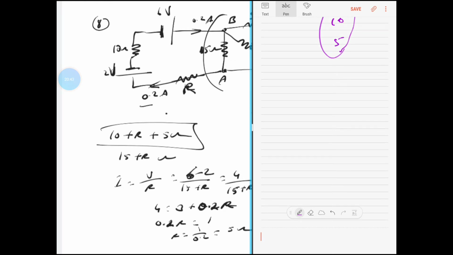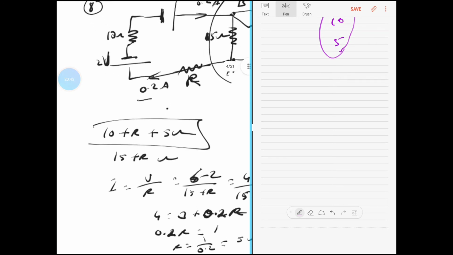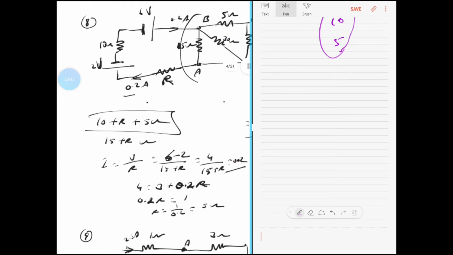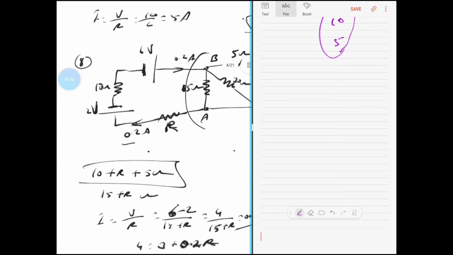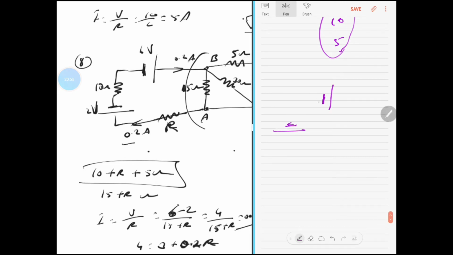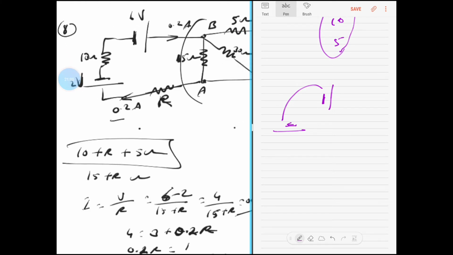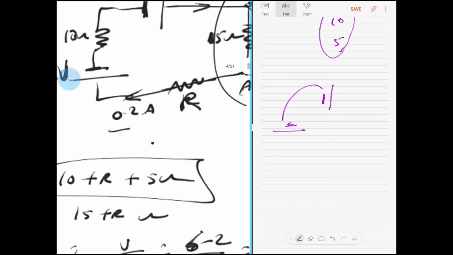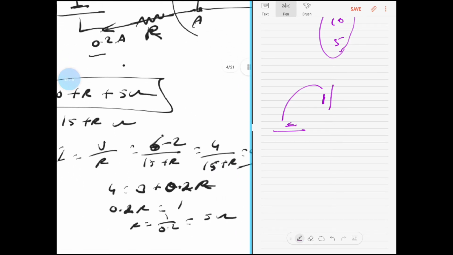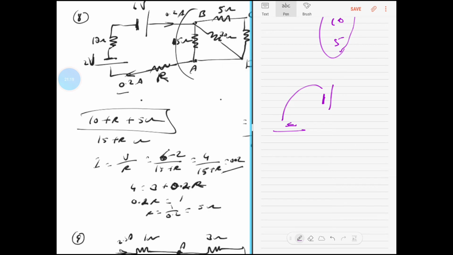And I is equal to V by R, which is 10 plus 5 is 15, 15 plus R. What is the potential V? Can you see that the battery is here and another battery is connected, negative is connected to negative, and I told you we have to subtract E1 minus E2, so the equivalent EMF will be just 4 volts. So it's 6 minus 2. When they connected, it has to be 6 minus 2, negative is connected to negative. So 6 minus 2 is the equivalent voltage, and the equivalent resistance 15 plus R, and the current is being given, can you see 0.2 amps? Equate it to 0.2 amps and thus find the unknown resistance R.